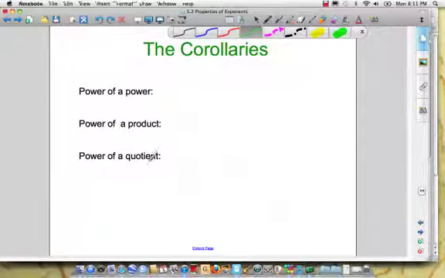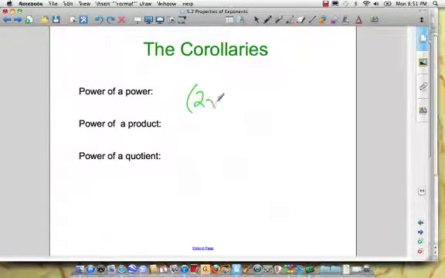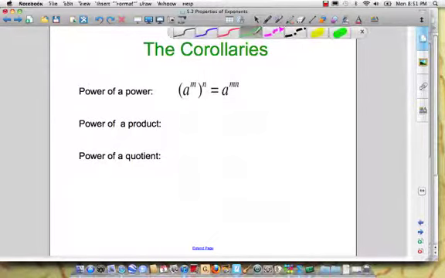Suppose you had 2x cubed. You know what, let's save this one. Alright, I'll come back to this in a moment. I'm going to go ahead and give you the symbols for the power of a power. Then I'm going to move on, sorry about that, I'm going to move on now to the power of